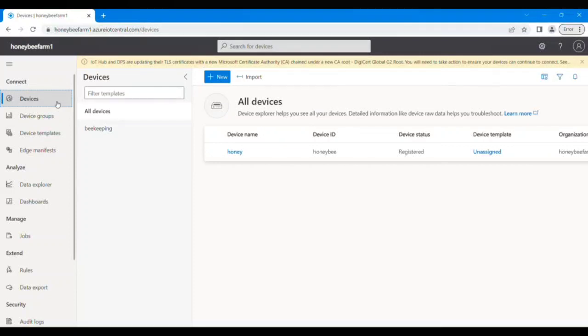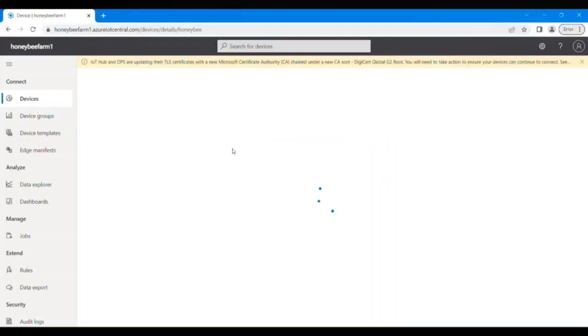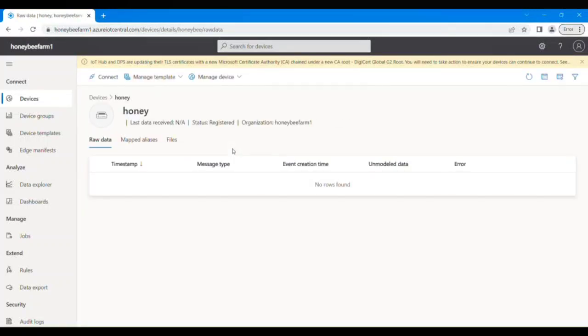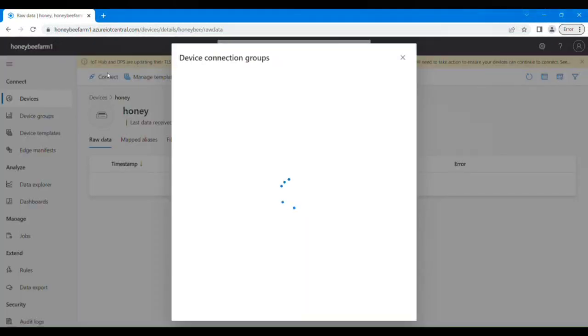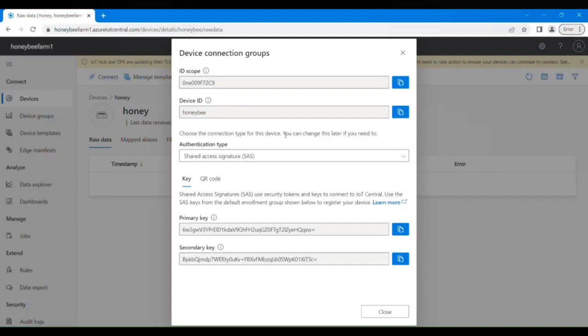Click on honey. Then click on connect. Here, then copy ID scope, device ID, primary key and secondary key to paste it into the VNC viewer application